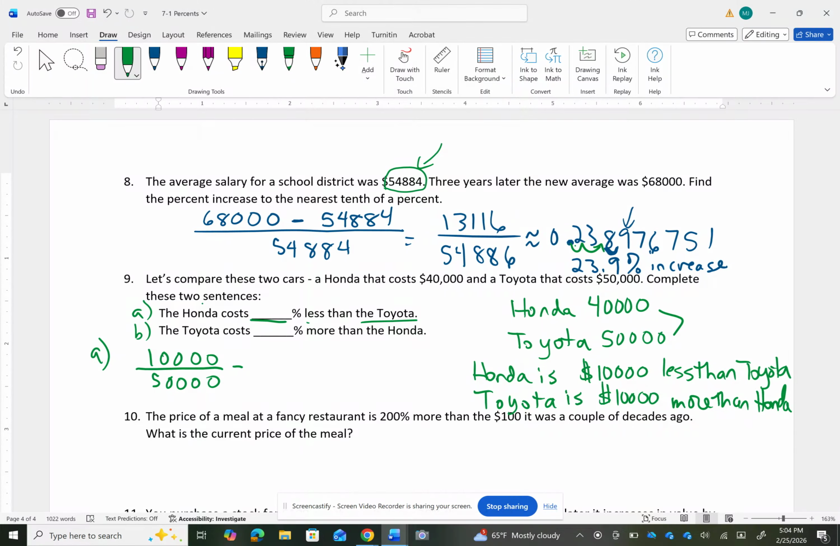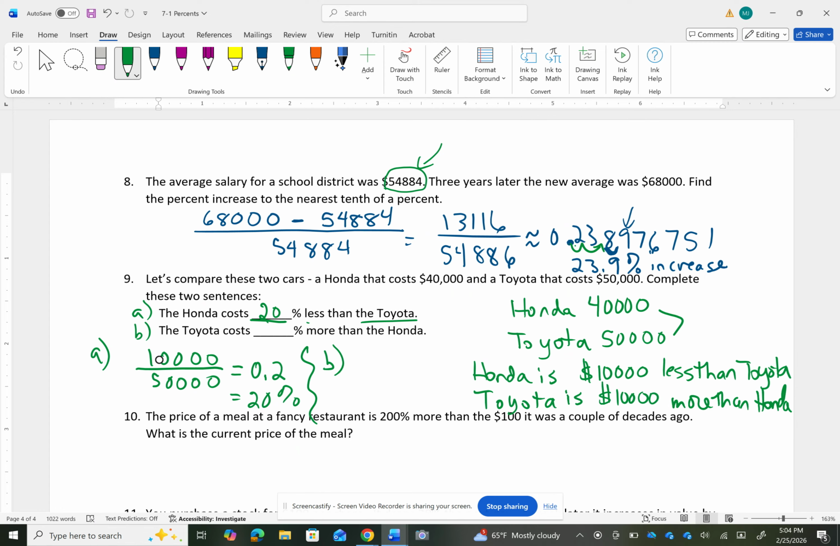So if I did that, that would wind up being 0.2. That would wind up being 20%. So it's 20% less than the Toyota. Okay? Now, for part B,